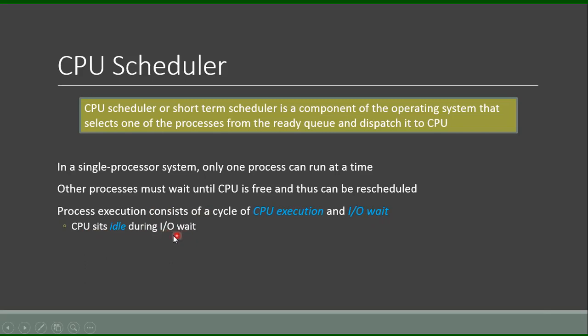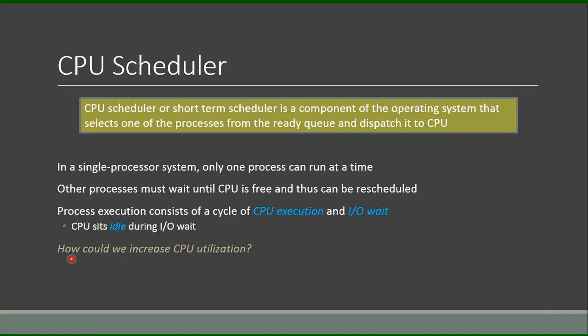It will not perform execution because the process has been blocked until the IO operation is done. During this idle time, it results in decreased CPU utilization.